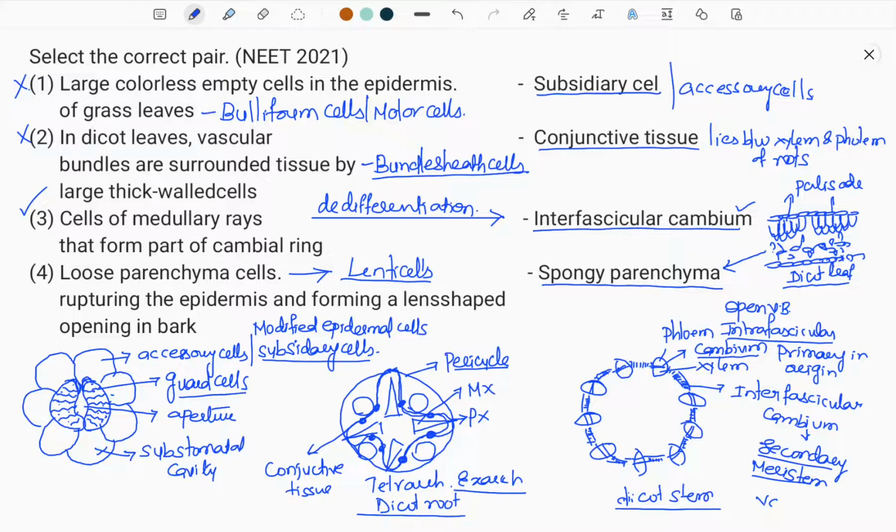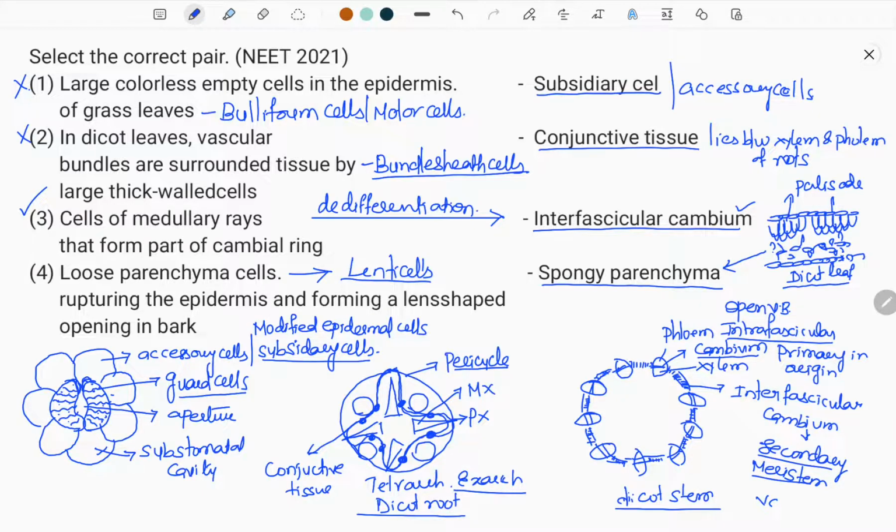Behind the bark in a dicot stem, we find the cork cambium. Behind the cork cambium, we find the secondary cortex. The secondary cortex has chloroplasts and will perform photosynthesis. For photosynthesis, it is required to take in carbon dioxide and liberate oxygen. But the cork cells, having suberized cell walls, do not allow any gaseous exchange. Then what happens? Within the cork cells, some of the cells will rupture due to pressure